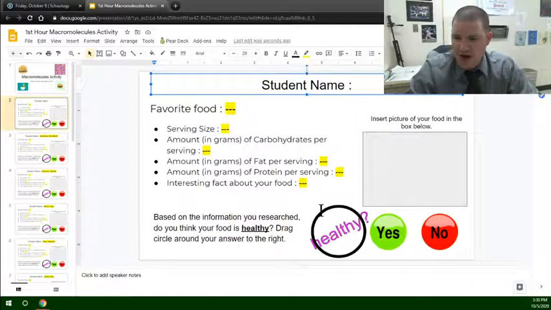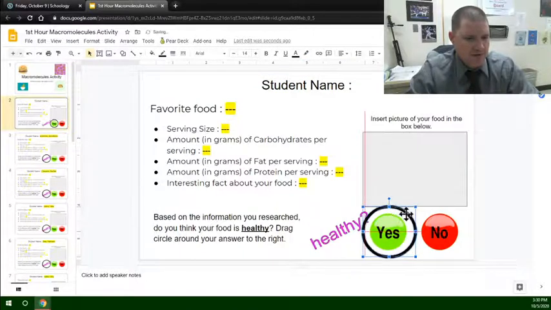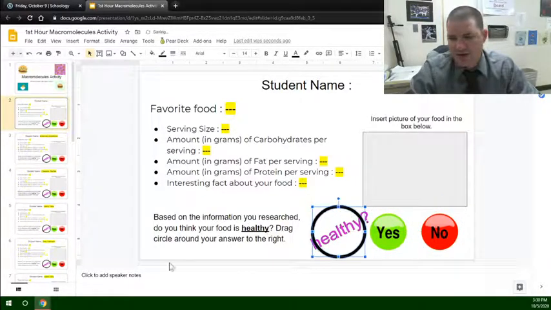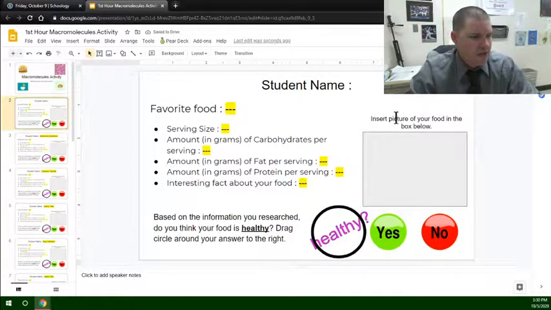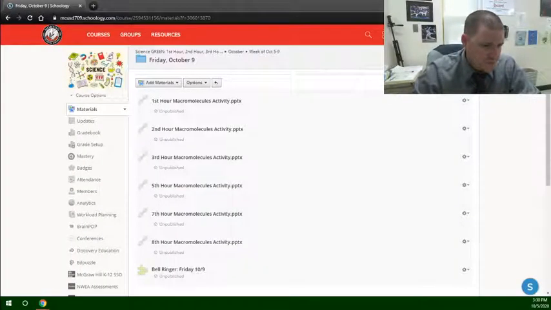And then you're going to drag the circle either around the healthy if you think it's healthy. You basically circle it with a circle, or no if it is not healthy. So you're making the call of whether something is healthy or not. And you're only responsible for your own slide. So something that can be done real quickly since we only have about 15, 20 minutes in class that day. When you are done,